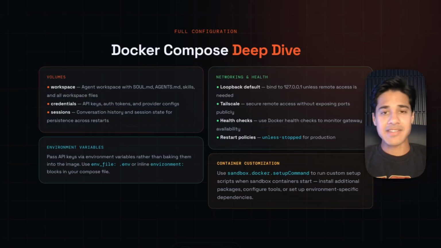Environment variables are how you pass API keys into the container. Never bake credentials into the image. You want to use environment_file.environment to load from a file that stays out of version control, or use inline environment blocks for non-sensitive